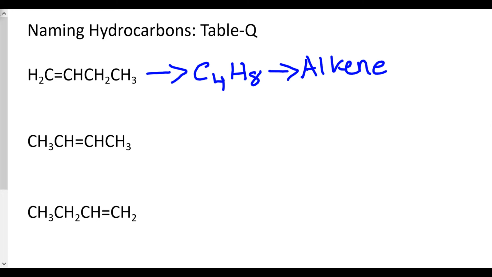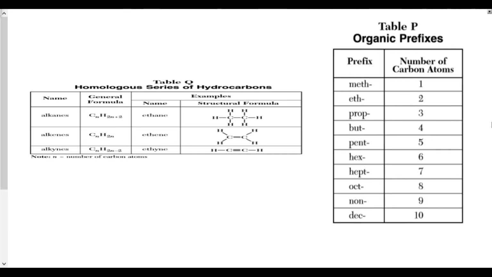So for the first compound, I realized it's a hydrocarbon because we only have hydrogens and carbons. And then I realized I have 4 carbons and a total of 8 hydrogens. So if you look at reference table Q, you would realize that the total number of hydrogens in this example is exactly double the number of carbon atoms, and therefore it has to be an alkene where the suffix